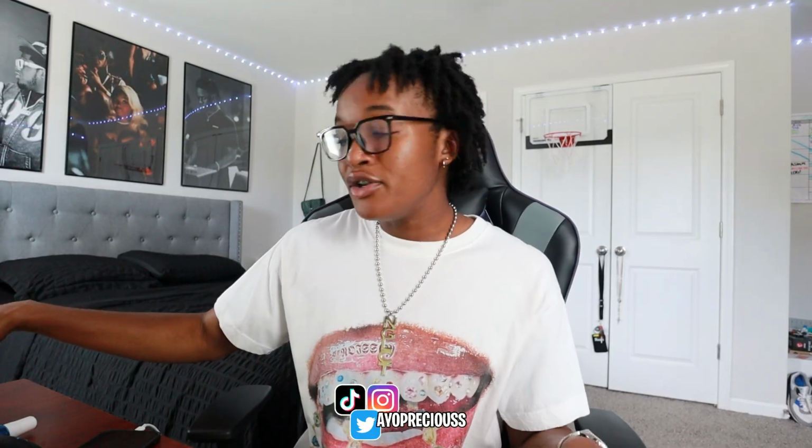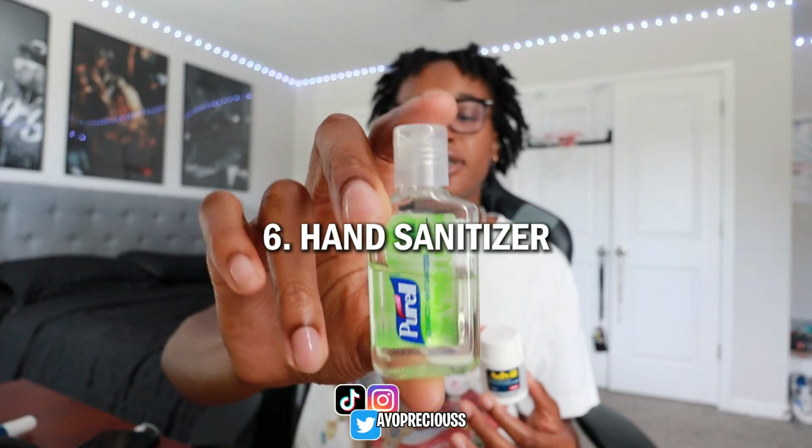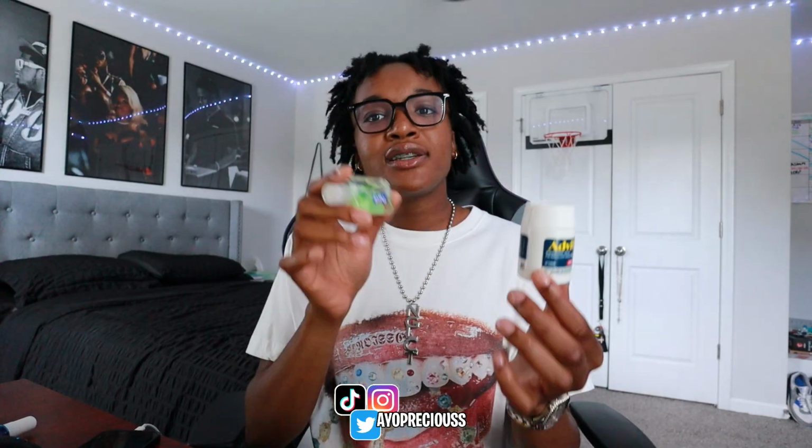It's tough. And on the flip side with these, you want to make sure that you do have some painkillers with you. I guess in this little section, I'll call it the painkillers and emergency section. So having some Advil with you if you have cramps, or for my males, if y'all have a headache or you're just not feeling well, making sure that you have some type of over-the-counter medication can help you out. And don't forget some hand sanitizer, because if you're going straight from touching random things to eating, I'm actually very afraid of you. I'm actually very scared of you. It don't take nothing but 2 seconds to just...